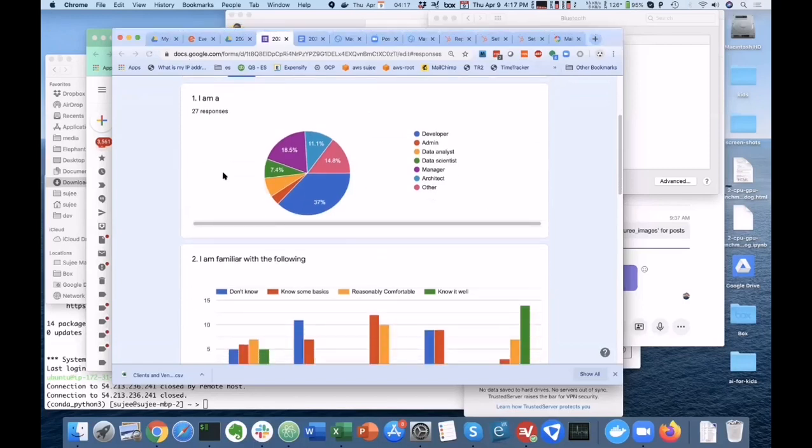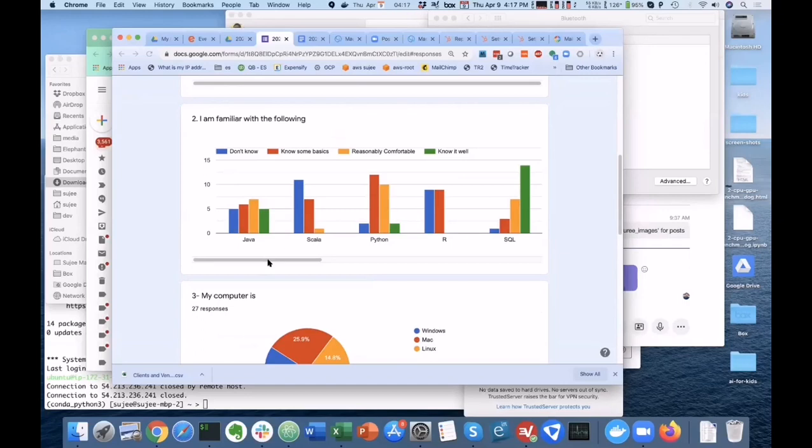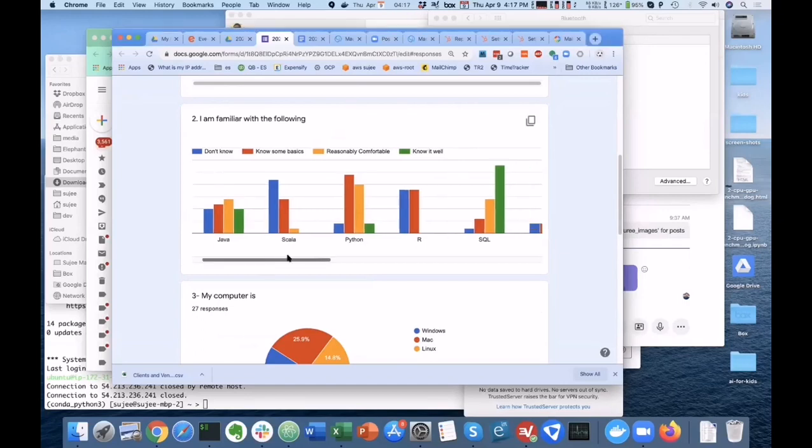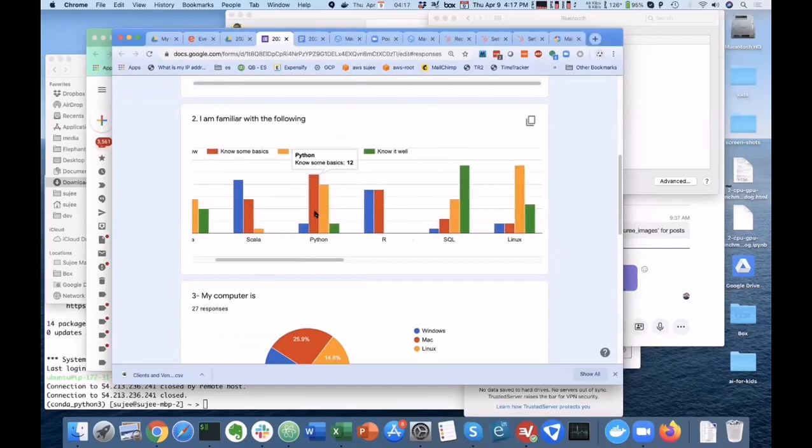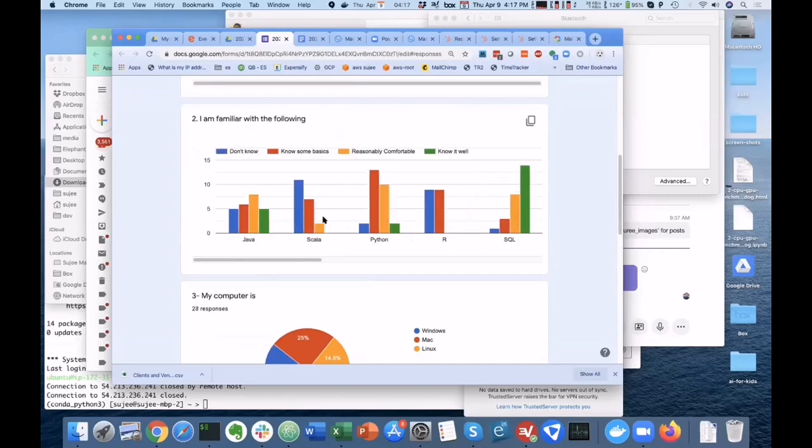And let's see. And then this is sort of the language matrix we look at, right? So the one thing I look at mostly is Python, because as you guys know, this series is going to be focusing on Python. And I can see the majority of you are reasonably comfortable in Python. And also we'll give you some Python resources if you need to learn a little bit about Python.